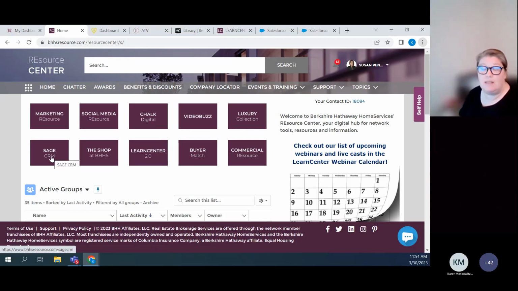Sage CRM is the CRM that BHHS has built into their system. So we've talked about this in the past, that there's multiple CRM systems, and the best CRM system is the one you'll use. So we have the CRM in RWT Connect that does a lot, and it connects with all of our partners and vendors we have on the local level. Sage CRM and RWT Connect do talk to each other. So if you have something in Sage CRM, it will come down to RWT Connect,